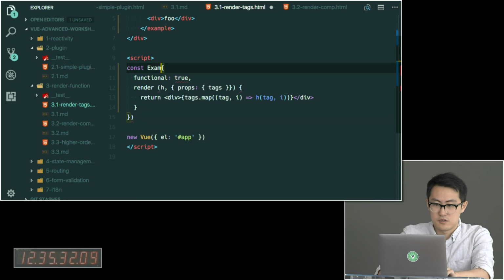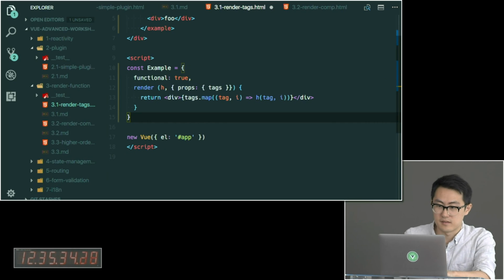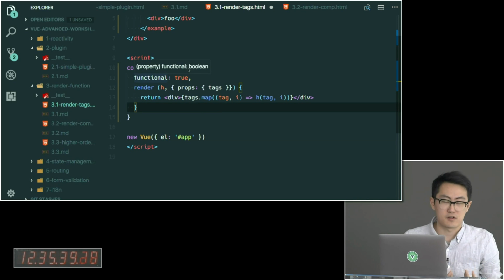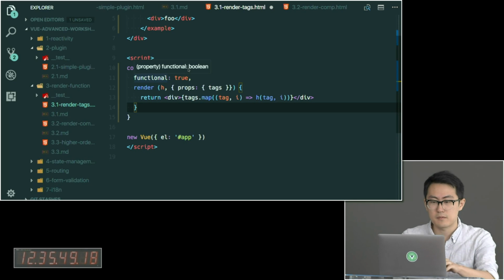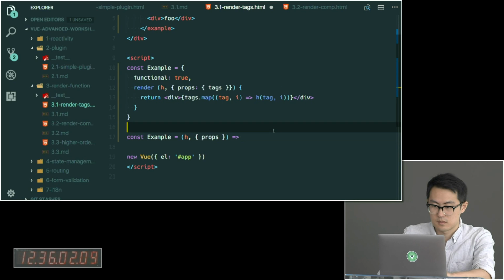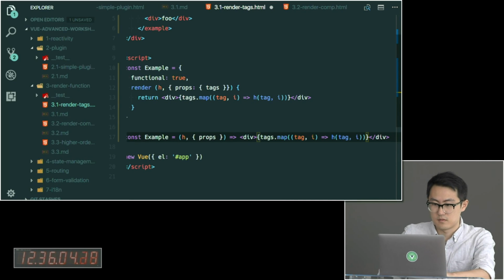So usually when you declare a functional component, you declare it like this, right? const example like this. You still need this outer object boilerplate, declare functional true. So someone in the Vue.js team made a Babel transform called babel-plugin-transform-vue-functional-component or something, which allows you to just write it like this, equals props, and yeah, so essentially,